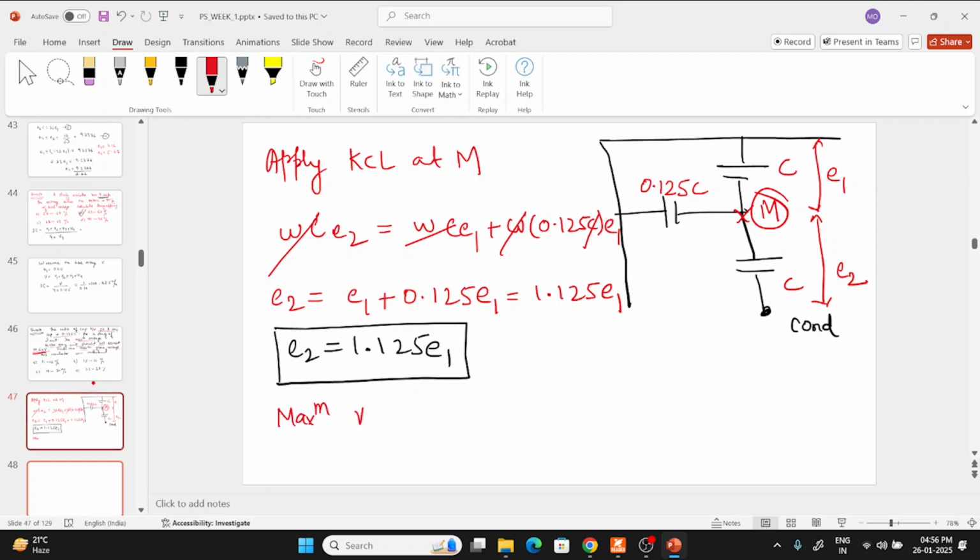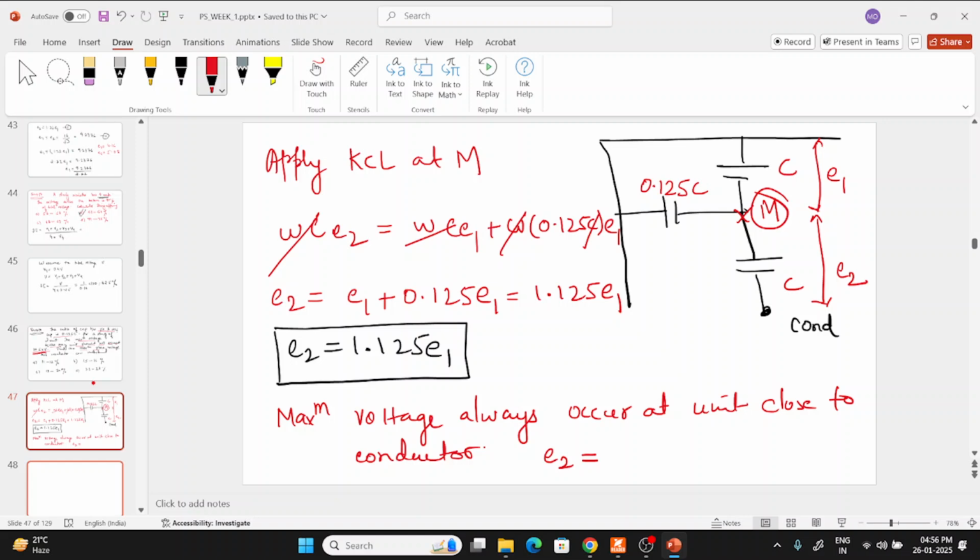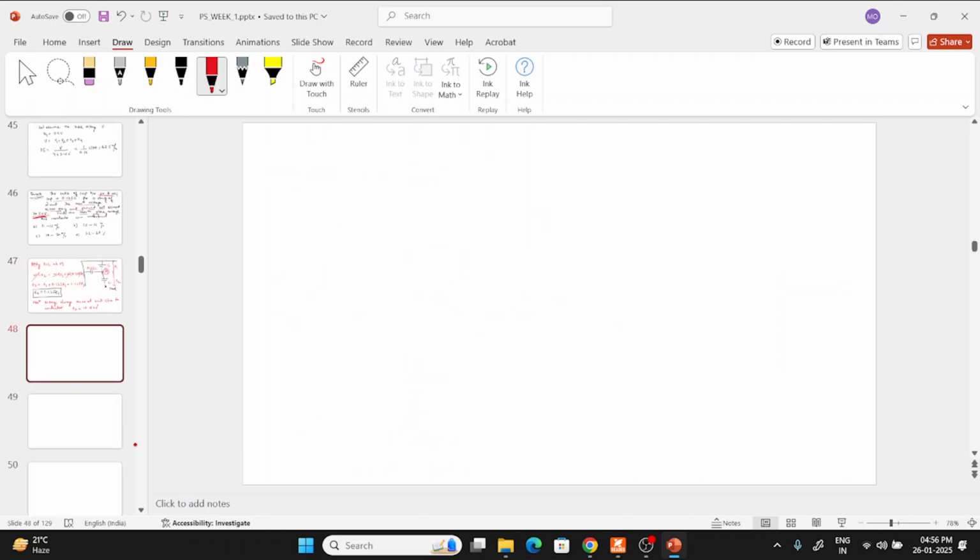Maximum voltage always occurs at the unit close to the conductor. So basically E2 is equal to how much? E2 is equal to 10.5 kV. So by putting this equation in this,